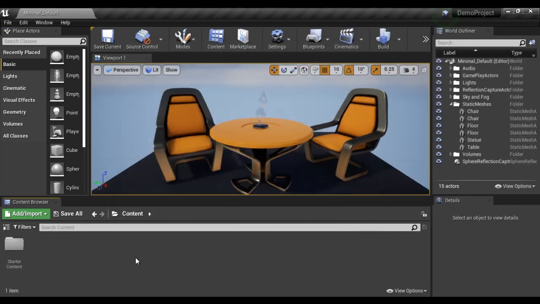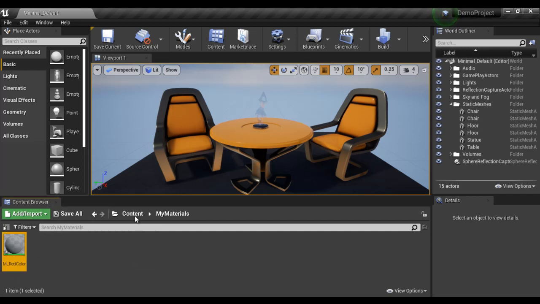Okay, I want to create one folder here, so I click on add or import button and then I click on new folder. I name it my materials. I hit enter. You can see that my materials folder is created. I open it. Inside that I want to create a new material, so I click again on add or import button. I click on material and then I name it m underscore red color. I hit enter. I am creating a red color material. Okay, we'll talk about how to work with materials later, guys, step by step.